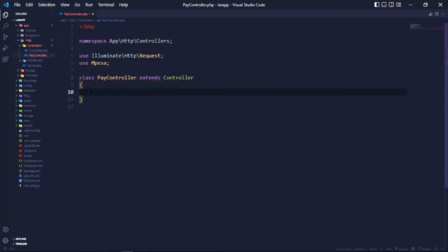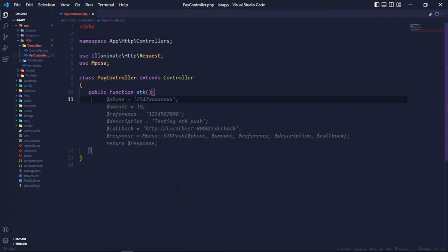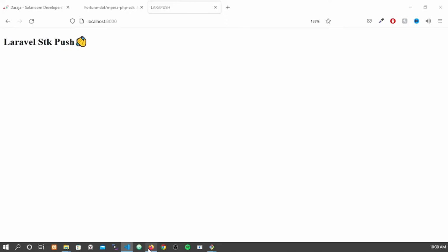So in here, let's go ahead and create a function. So public function, and I'm going to call this SDK, and then I'm just going to go ahead and create it as such. Then we're going to head back to the documentation,